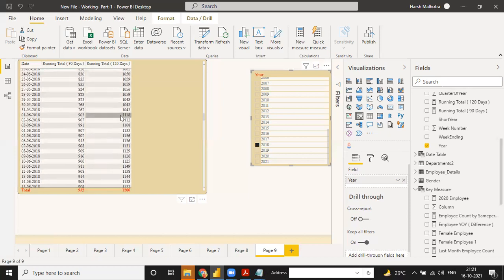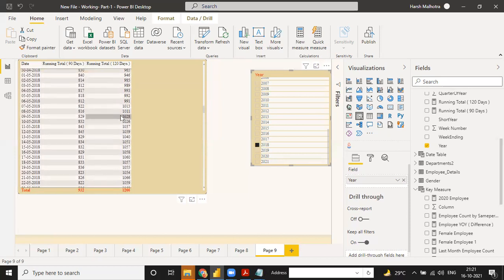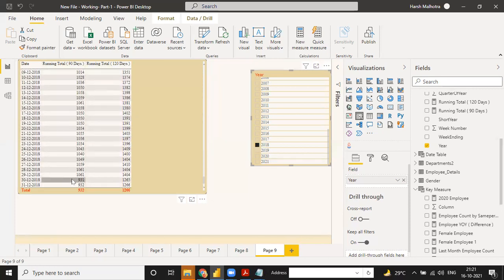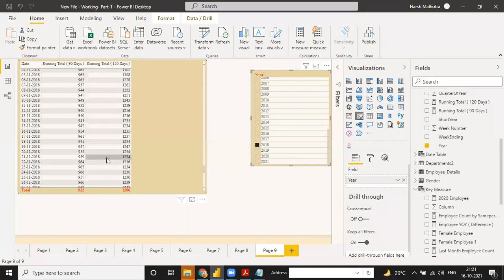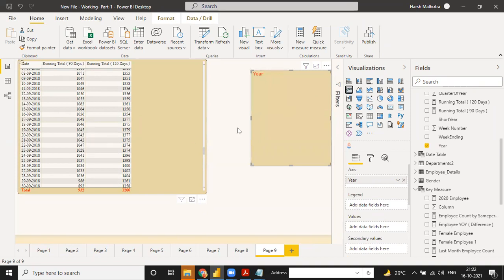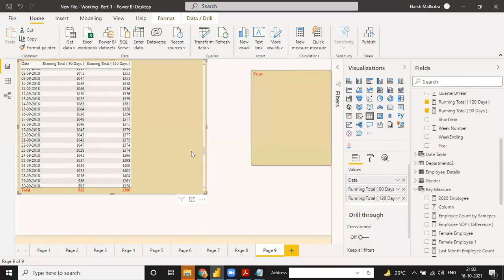In the same way, 120 days means it will complete the value. See, it will open at 1991 when 120 days is complete, and then it will add one more thing. Again and again, it will keep adding all the data. Now see all the values, it is starting from 931. So in the same way, data will start till the 90 days and 120 days. And you can show it in a line chart: select the table into a line chart, and you can show it in that table or that line chart also.